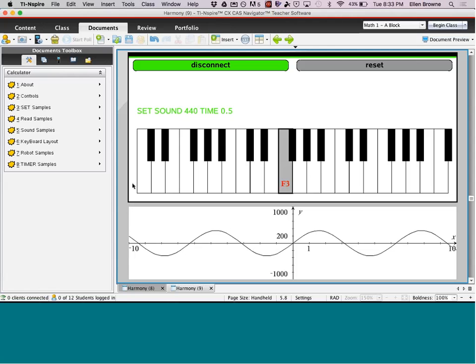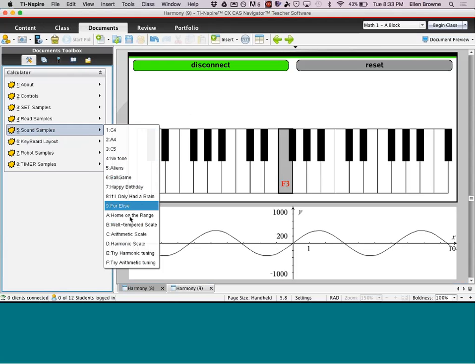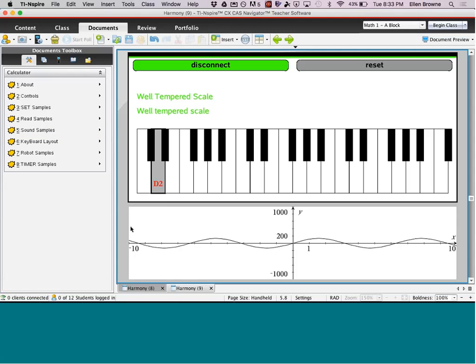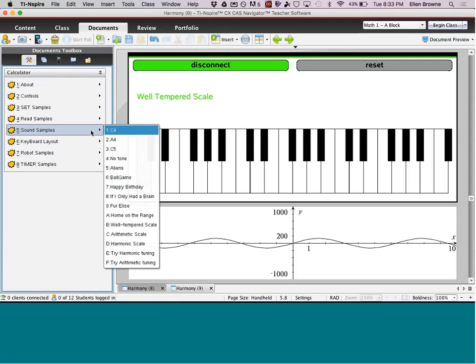That's nice and clear. So that's using our well-tempered scale. Let's just play that scale, Ellen, sound samples, yep, down to the well-tempered scale B. Yep. All right, now let's play a harmonic scale. If we tuned it differently,